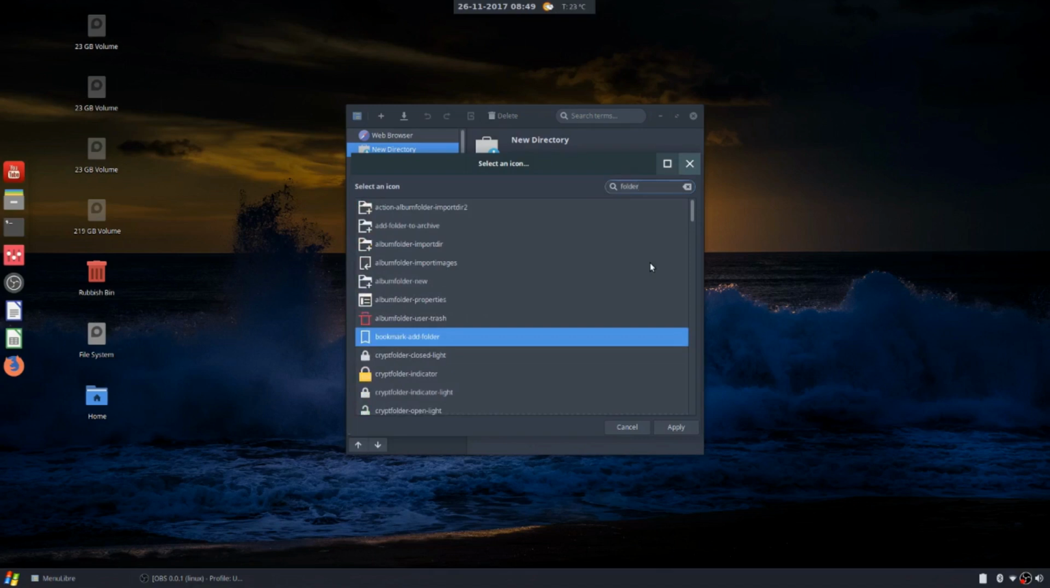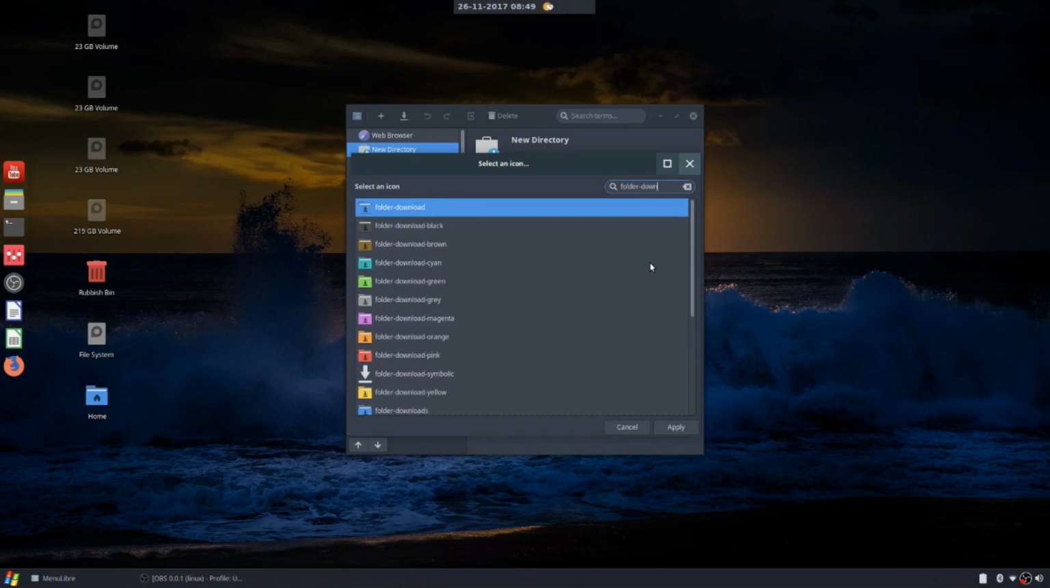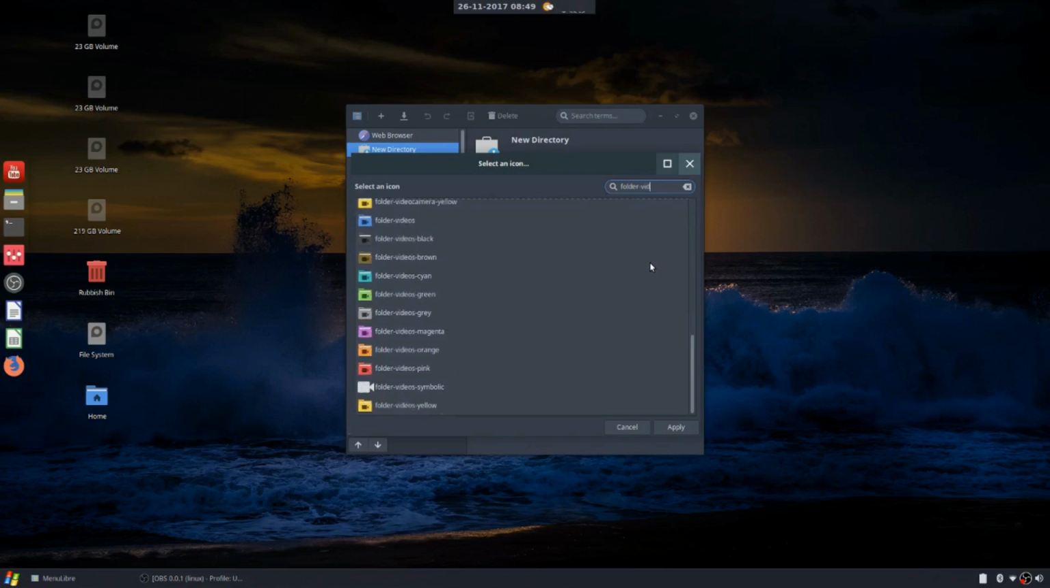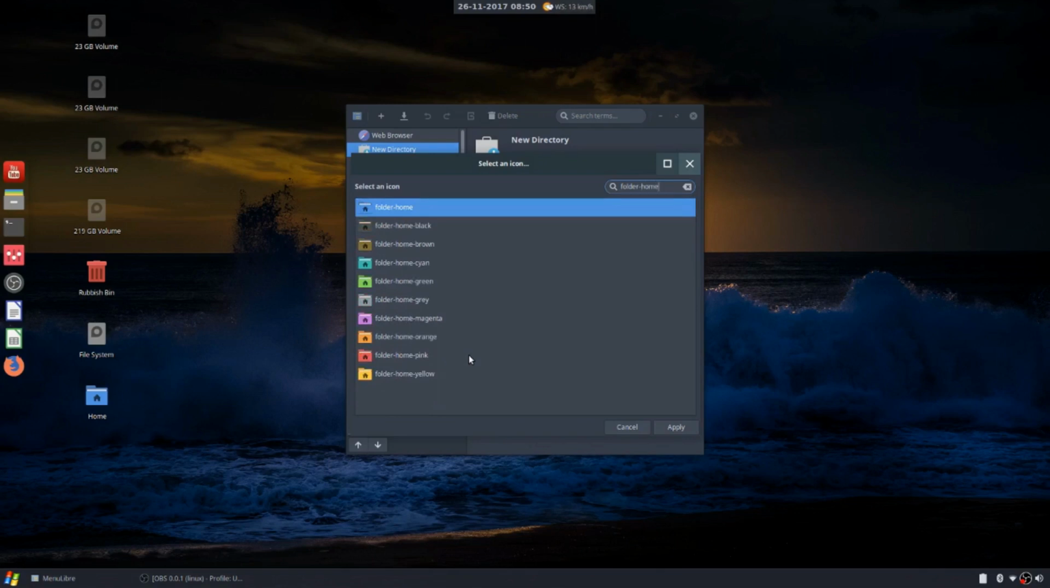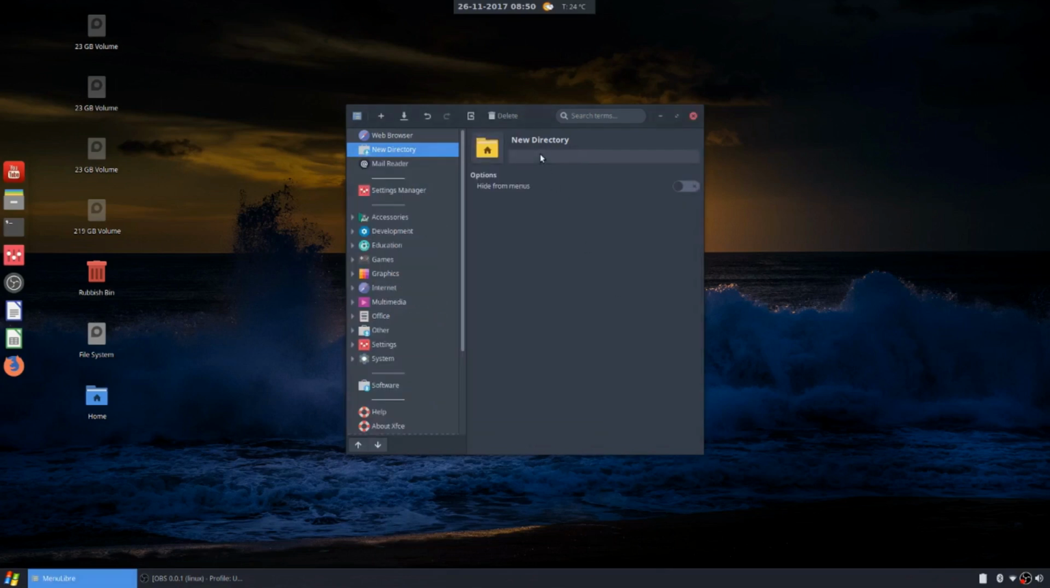For any home folder you're looking for, just type folder and whatever you're looking for. If it's downloads, you'll find a folder download folder. If you're looking for videos, if you're looking for pictures, there you go. So in this case, at the moment, I'm doing downloads. Actually, no, I'm not. I'm creating, so it's folder and it's home. I want to use the home folder, so I'll use the yellow one, touch it up a bit, and we'll name this